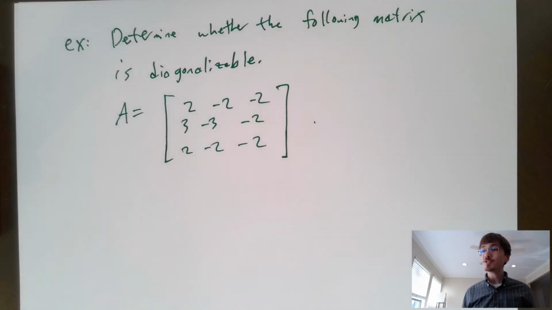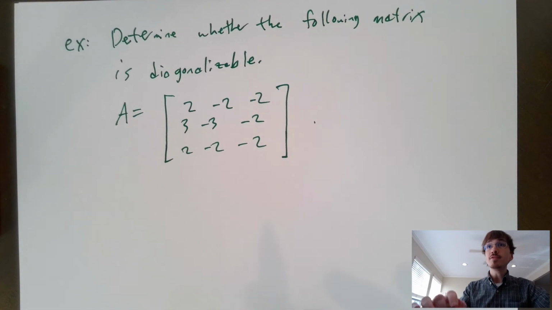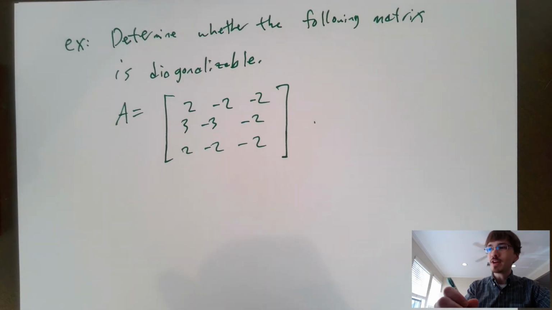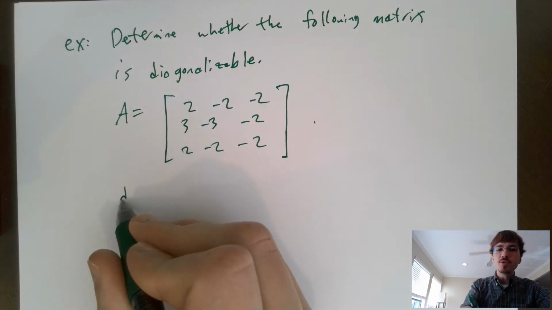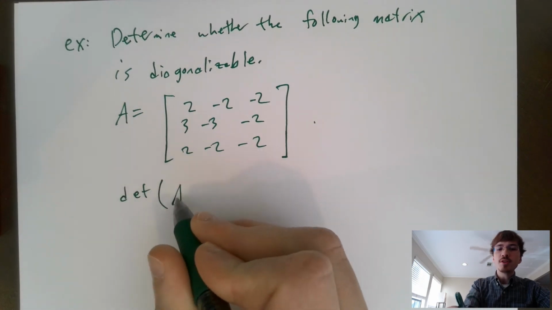So first we have to find the eigenvalues, right? Remember that if we have n distinct eigenvalues, then we know a priori that we are diagonalizable. So let's compute the eigenvalues and see what we can get. To compute the eigenvalues, we really want to compute the determinant of A minus lambda I,